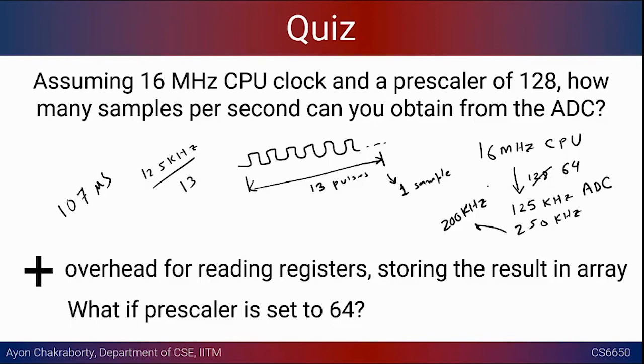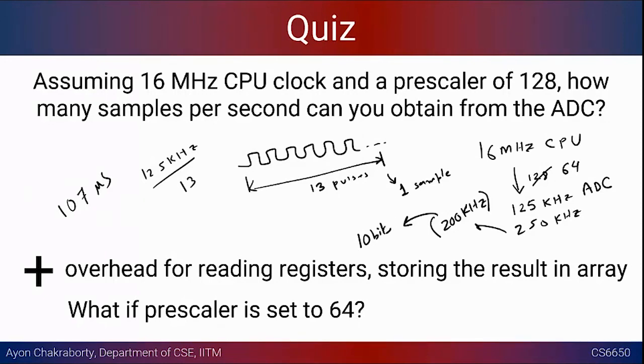This is the way you want to design systems. You have to look at the capability of the system and how much freedom you have from your code. Of course, you can write this code. There will be no compilation error, nothing. I would recommend you to try this out and see what happens. But you will start getting some erroneous data, and you might start complaining that your sensor is faulty, that the sensor is not working. But the sensor doesn't have any problem. Your code doesn't have any bug apparently. But once you go through the ADC specification, you will see that it is not going to allow anything more than that if you want 10-bit resolution. There is a catch.